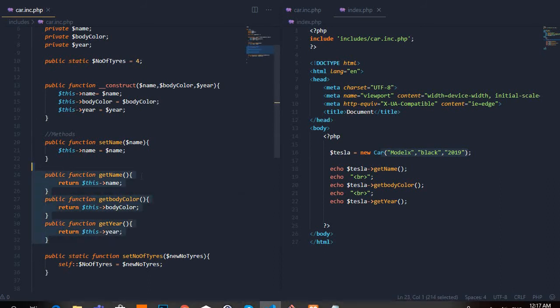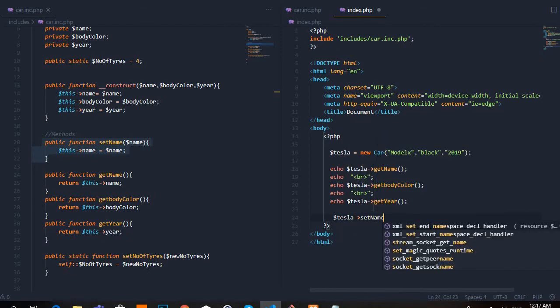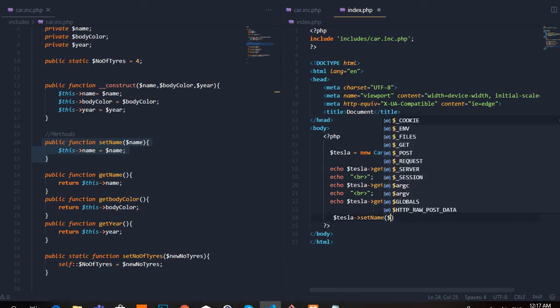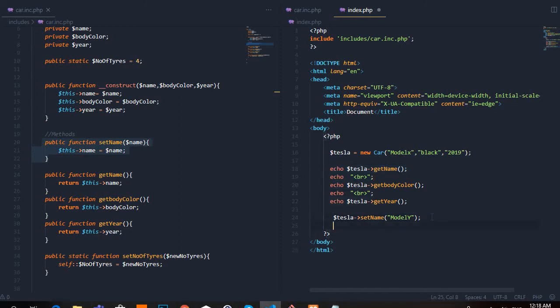Say if you want to change the name, you can use this as well. So say for example I want to change the name of this, which is printed as model X, to model Y. So to do that, you go Tesla set name, and then you pass the variable, well, we can call it model Y, and then you print it out again like so, and